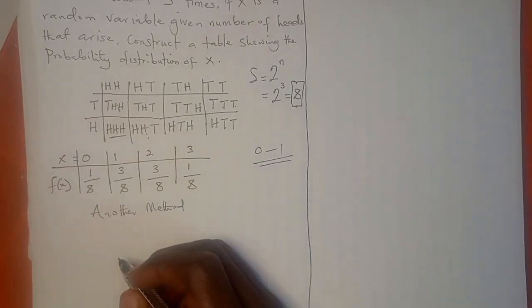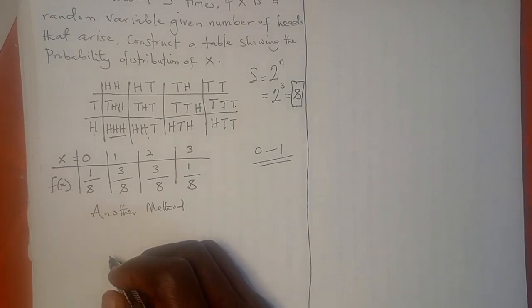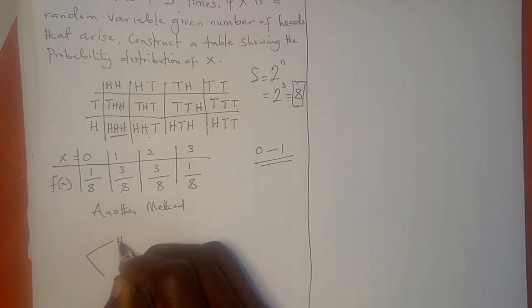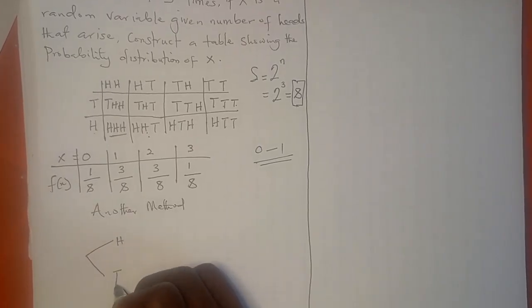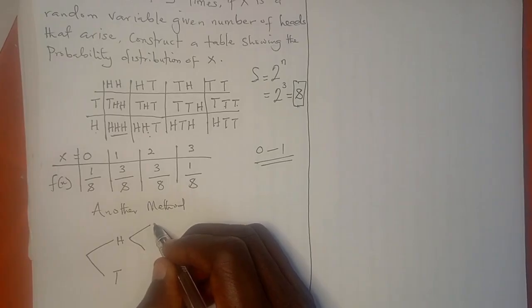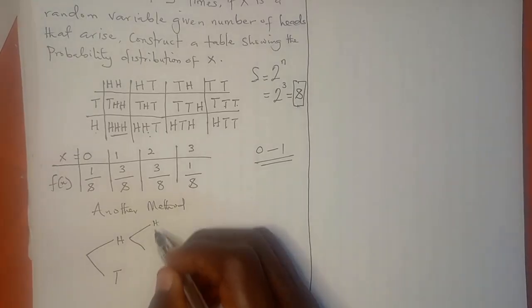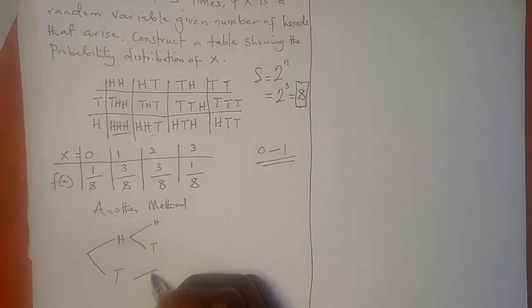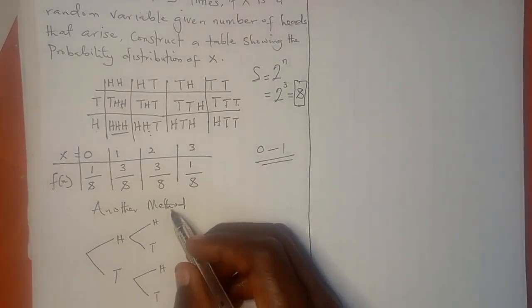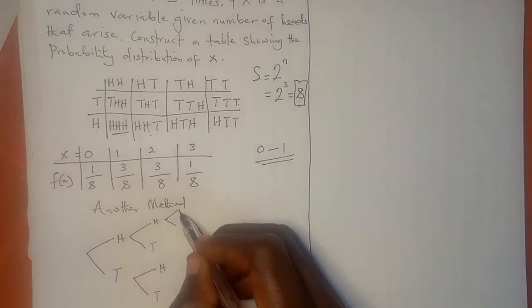For the first toss, we could have a head or a tail. The second toss here we have another head, tail. Here we have a head, tail, and the third toss we have head, tail,